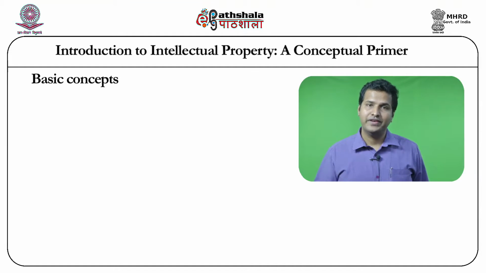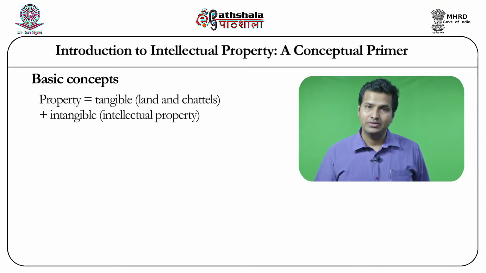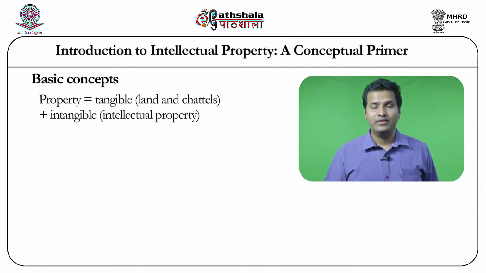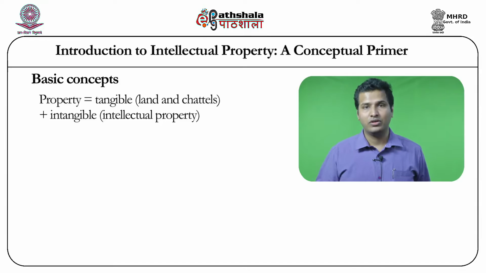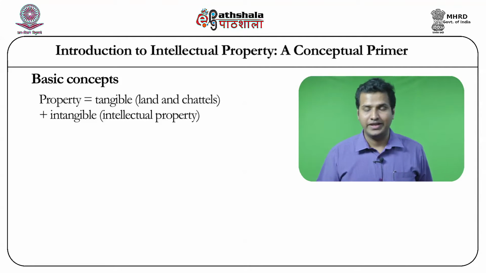Intellectual property has its basis in property concepts. So property, as you generally understand, can be divided into land, chattels, and other kinds of intangible properties like shares, and of course intellectual property also. When you talk in terms of land and chattels, these are what are called real property or movable and immovable properties, and the intangible, in the context of intellectual property, is a specific right.